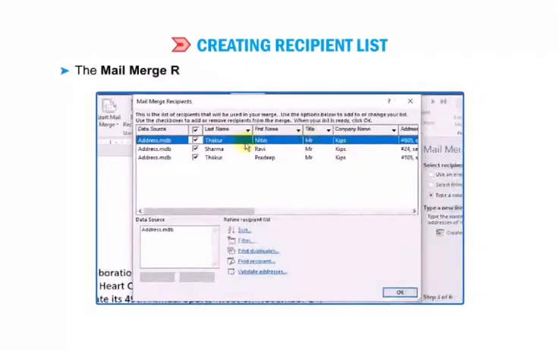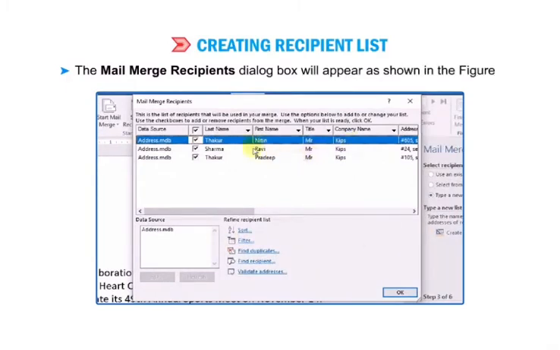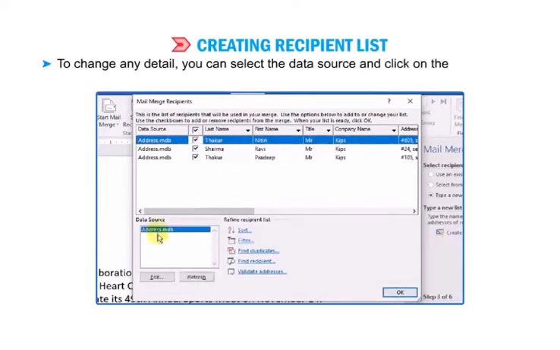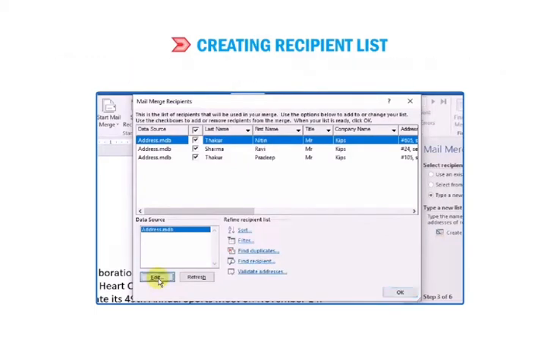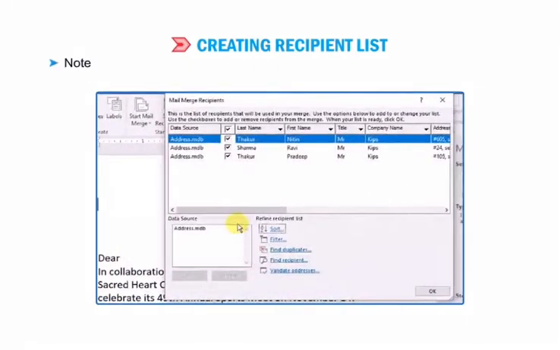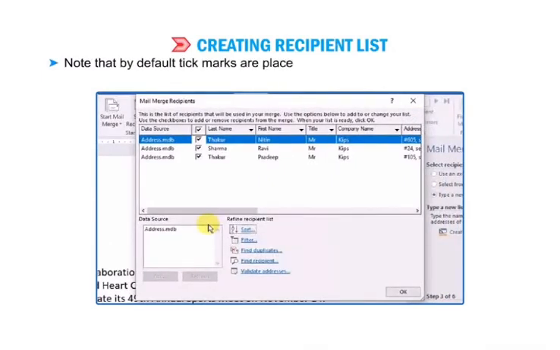The Mail Merge Recipients dialog box will appear as shown in the figure. This dialog box displays the details of all the records added by you. To change any detail, you can select the data source and click on the Edit button located under the data source box. When you are through, click on OK. Note that by default tick marks are placed on the checkboxes next to the data source fields.